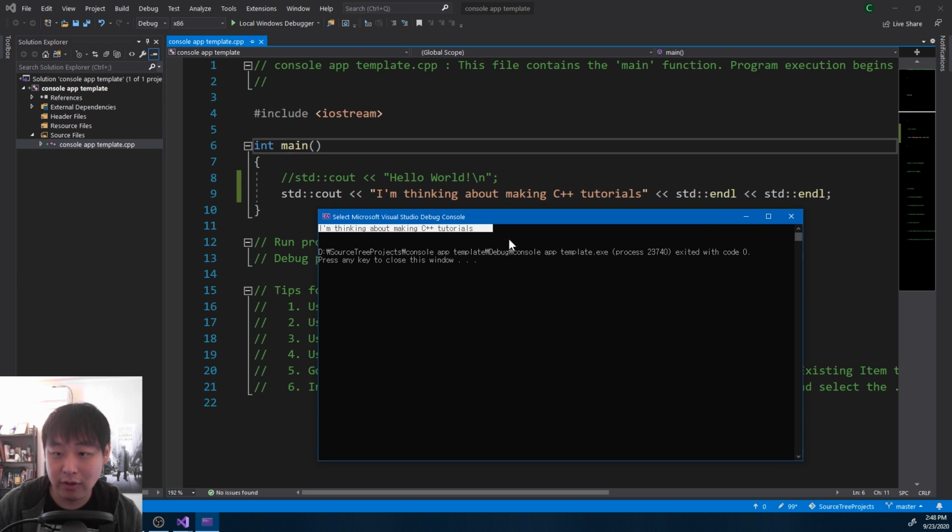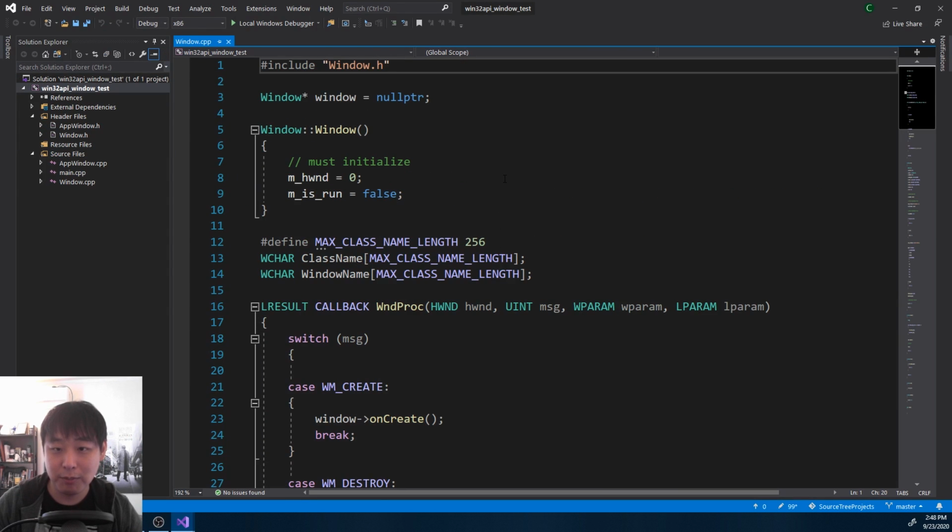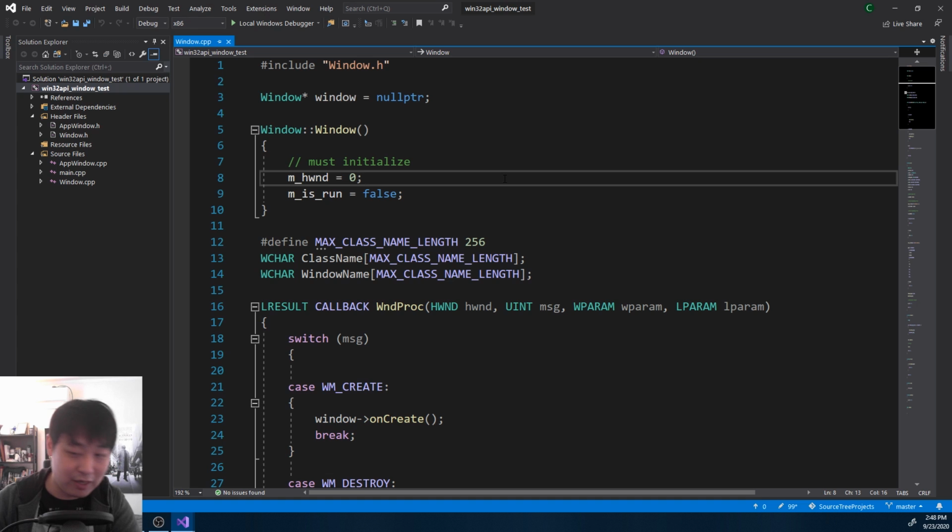I'm thinking about starting from here, the typical hello world, and moving up to maybe some console apps like calculators and MP3 players, or I could even move on to text games, text-based dungeon games, or later I might even move on to simple 2D games. This is just another sample that I found online. If I run this,